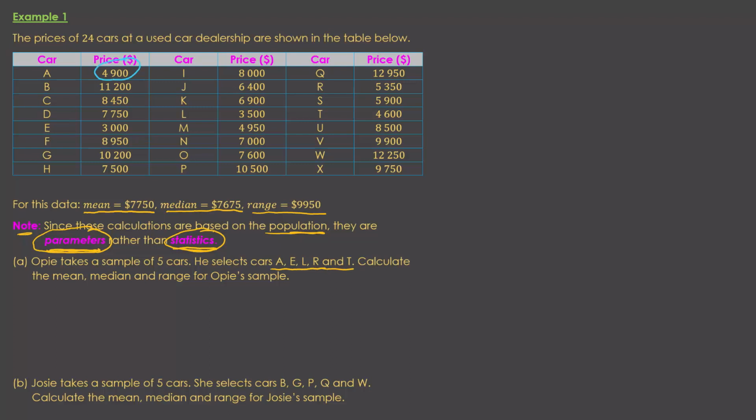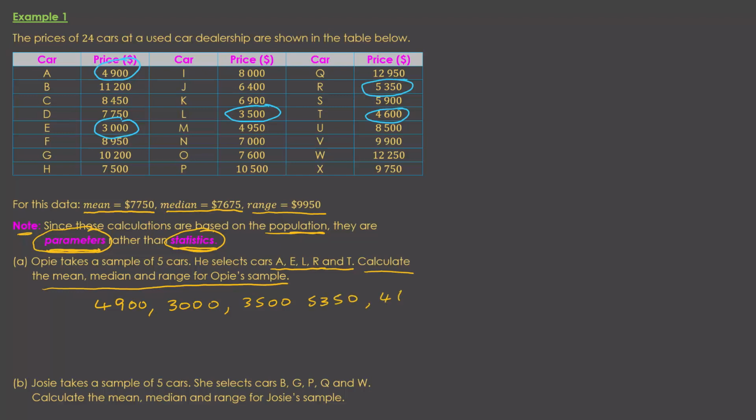So we've got A, E, L, R, and T. We want to calculate the mean, median, and range for OP's sample. So our OP sample is 4,900, 3,000, 3,500, 5,350, and 4,600. So if we put those in order,